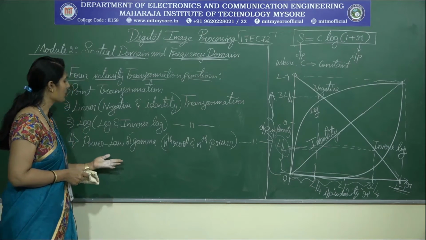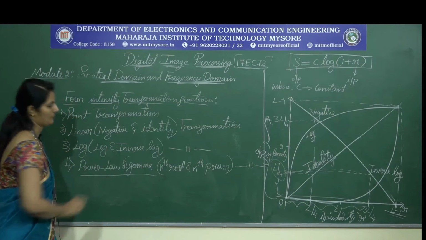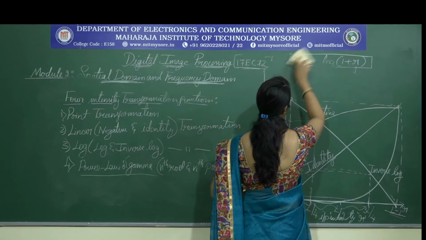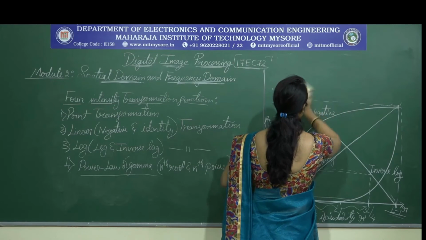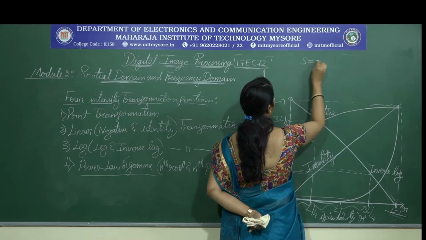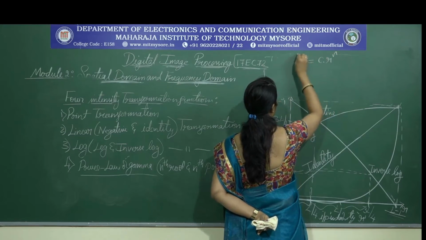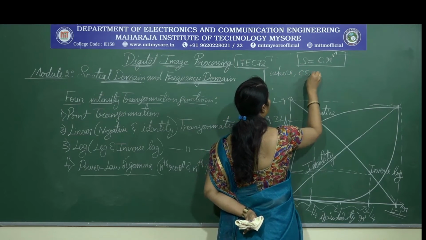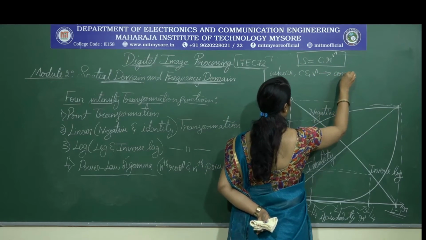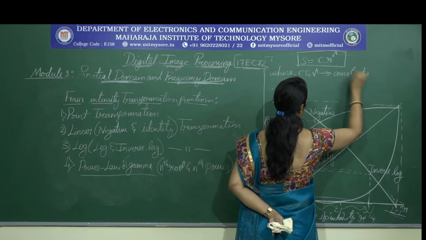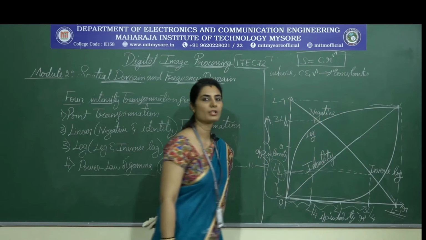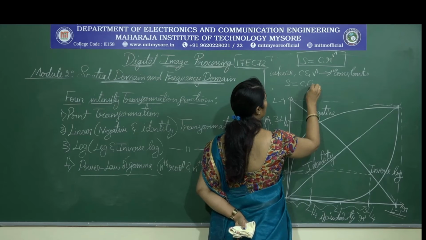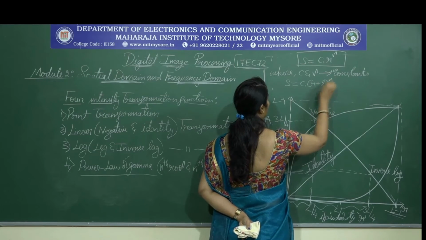And next is power law or gamma transformation. So here in this, the expression for power law or gamma transformation is like this: S is equal to C into R power gamma, where C and gamma are constants, positive constants, and this S is equal to C into (R plus epsilon) power gamma